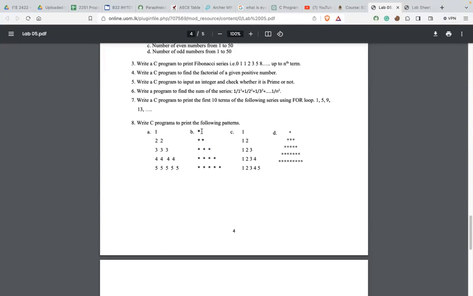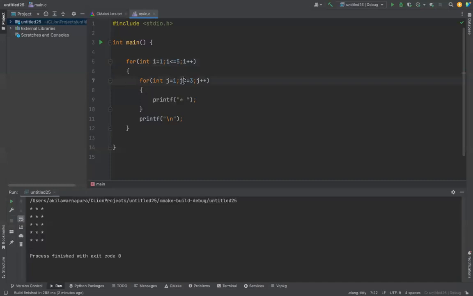When the outer for loop I value equals 1, print only 1 star. When the I value equals 2, print only 2 stars. When the I value equals 3, print 3 stars. That means the inner for loop depends on the I value. So what you can do is start J from 1 and go until the I value,